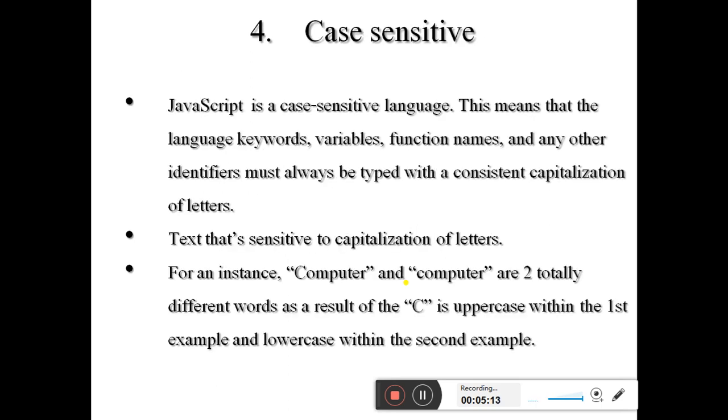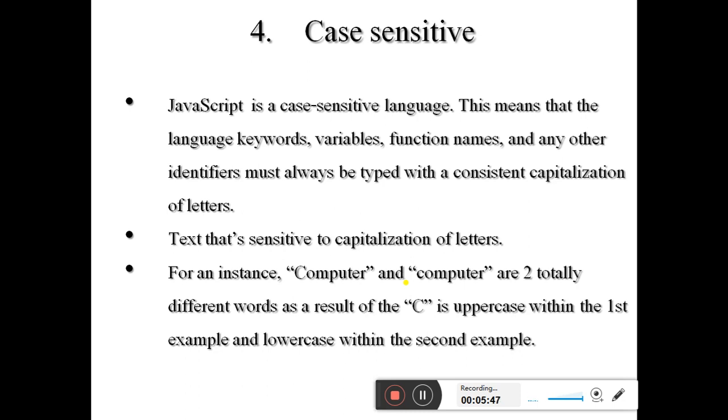Next, it is a case-sensitive language. JavaScript is case sensitive. This means that the language keywords, variables, function names and any other identifiers must always be typed with consistent capitalization of letters. Text that is sensitive to capitalization of letters is called case sensitive. For example, computer with a capital C and computer with a small c are two totally different words.